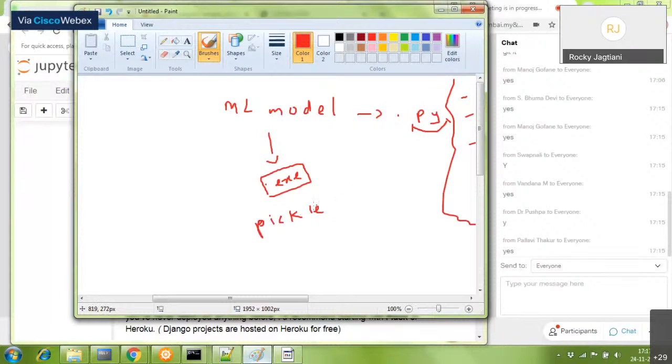So we make a pickle file. Now this pickle file is nothing but an executable file which is holding your entire Python code in low-level format. And this pickle file is what is uploaded onto your ML web server called Flask. Now once we upload it over Flask and generate a